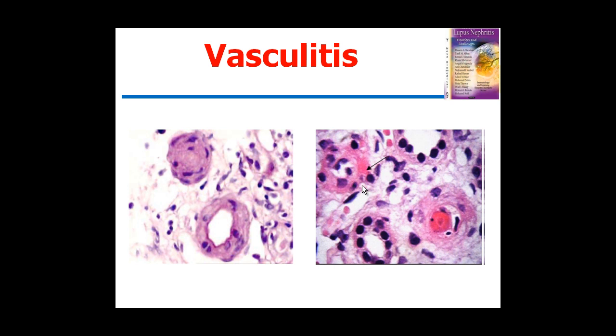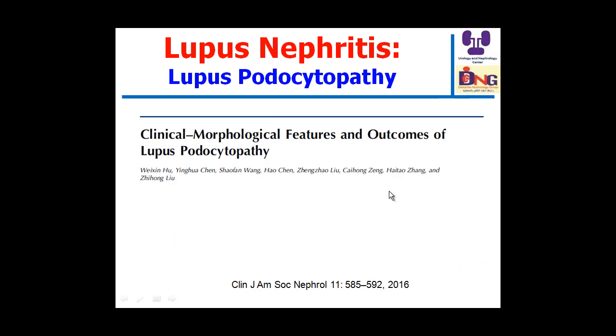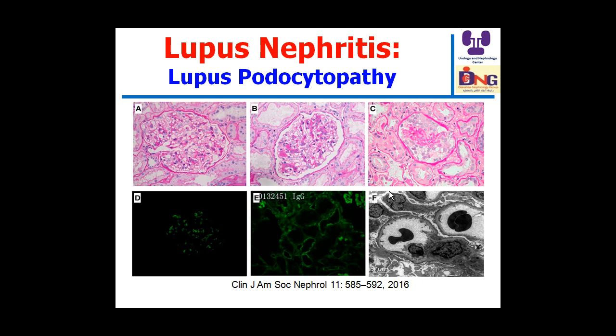You can find a patient with lupus nephritis where the pathology is vasculitis. And here is a very nice term, lupus podocytopathy. Although it is rare within the histology of lupus nephritis, the patient presents with nephrotic syndrome with or without acute kidney injury, and the histology by light microscope will find minimal change, mesangial proliferation, or focal and segmental glomerulosclerosis, and